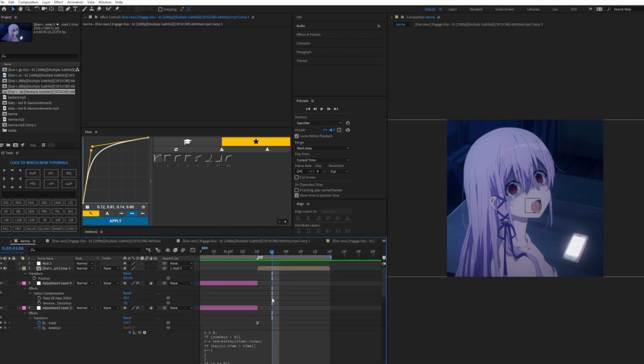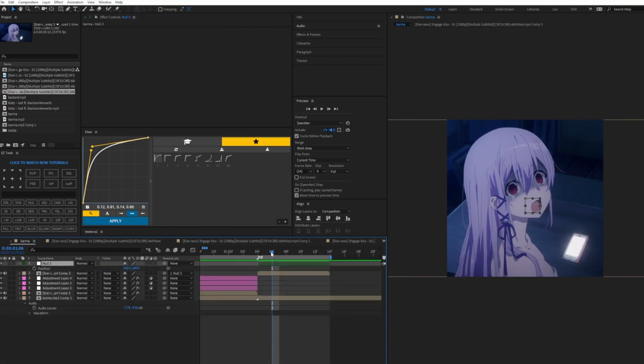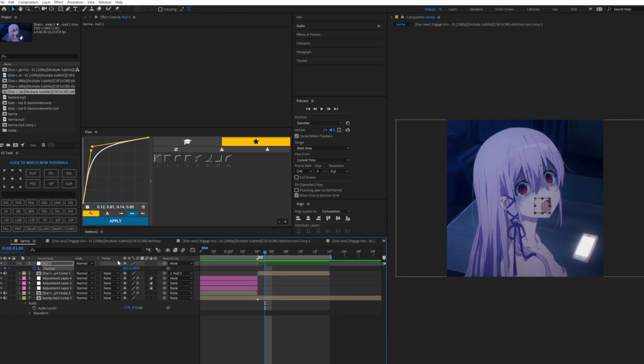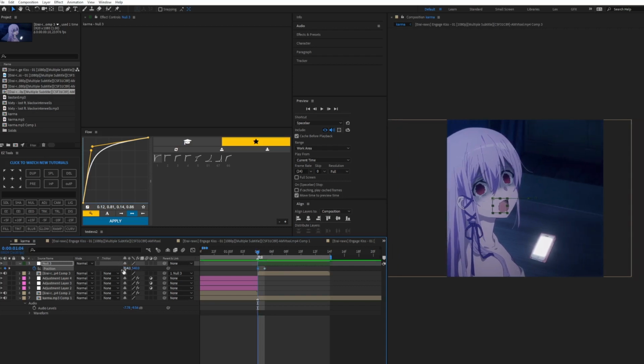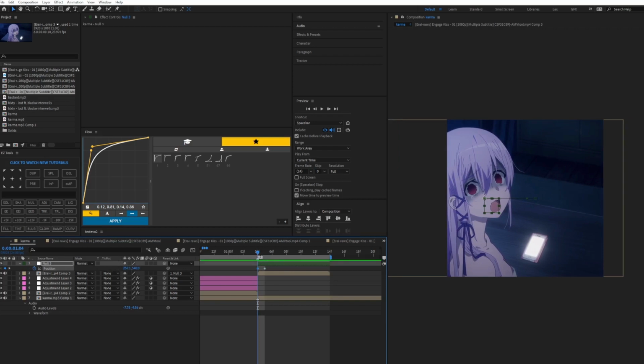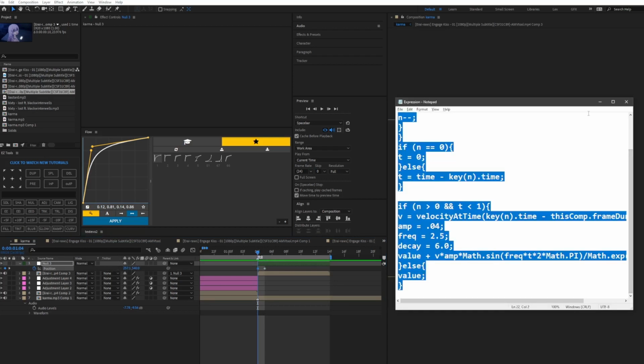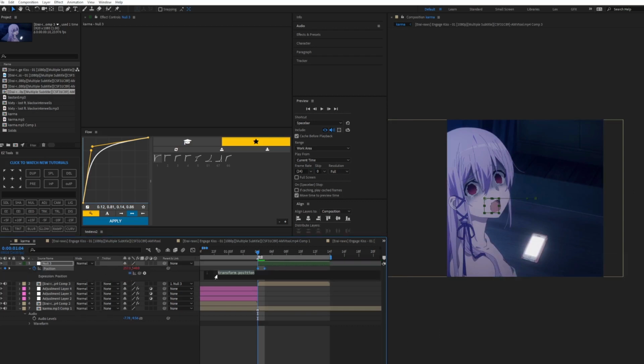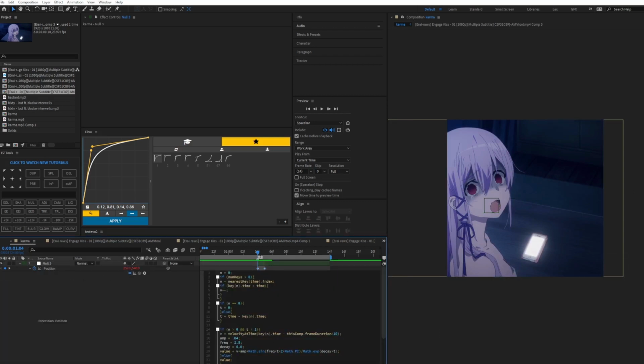Let me just fix this. It's annoying me. Okay. Go ahead and click position. Then again, your initial positions. And then what I'm gonna do is I'm gonna put this on the right. Then again, copy your expression script. Hold Alt, click, paste it. I'm gonna change the decay to a higher value because I want it to last short instead of lasting long. So I'm gonna put it to like 9 or something. We can change it